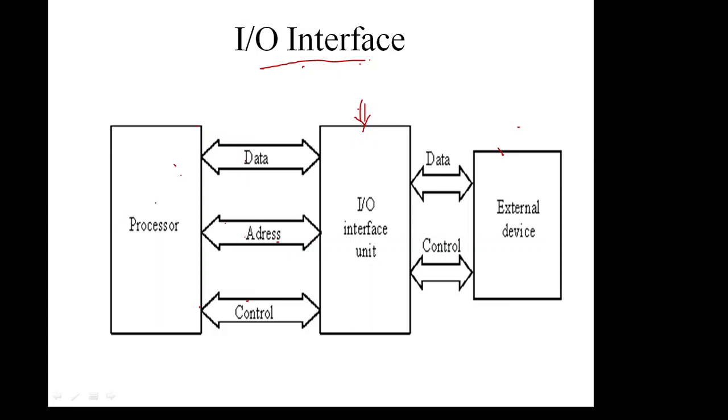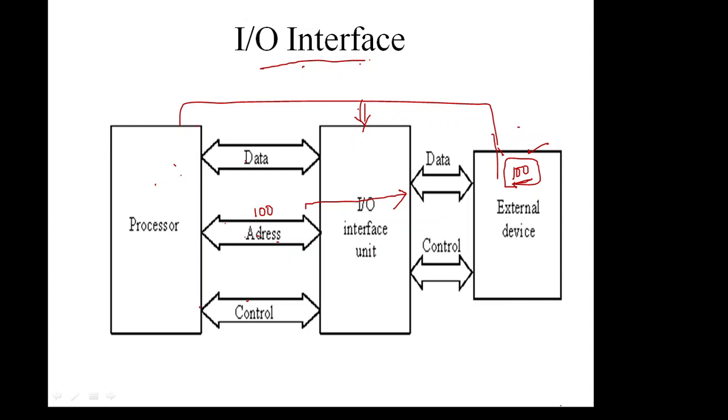Whatever external device is connected to the processor has a unique ID. Suppose this one has an address of 100. If the processor wants to communicate with this peripheral device, it keeps the address 100 on the address bus. Then this interface will look for the peripheral device with address 100. As it matches the address 100, both are connected and they are going to transfer the data.